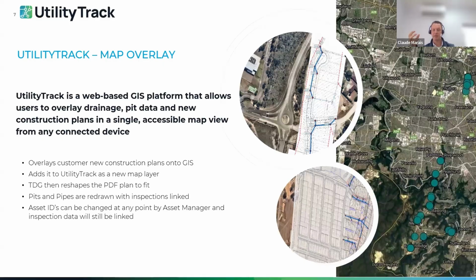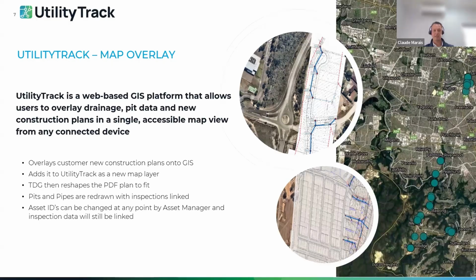Over the system, over and above the construction plan and asset IDs. So this allows UtilityTrack to identify each asset in its own unique location, and more importantly, have the functionality to rename the asset ID when the asset manager allocates a new council-preferred naming convention. This means that the asset ID can be updated and the original CCTV file will still be linked to that new asset inspection. So in essence, once a construction plan is overlaid on UtilityTrack over the PDF onto the